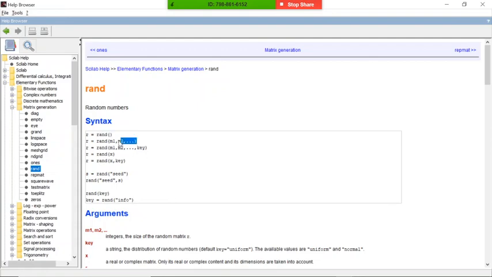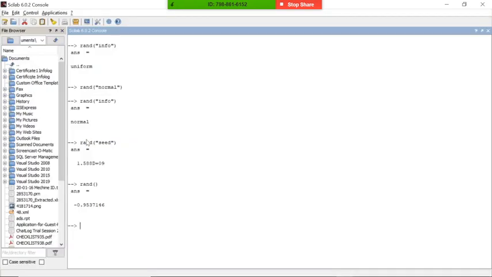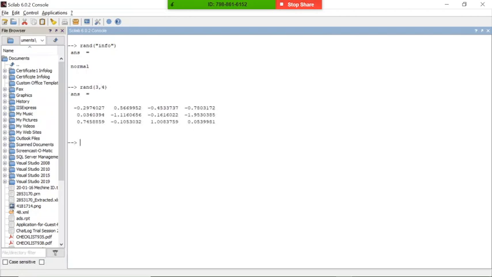Now this is a random number with some values like rows and columns. First we'll clear the screen and check what random type we are using. It's normal only. Now rand 3 comma 4 I will use.